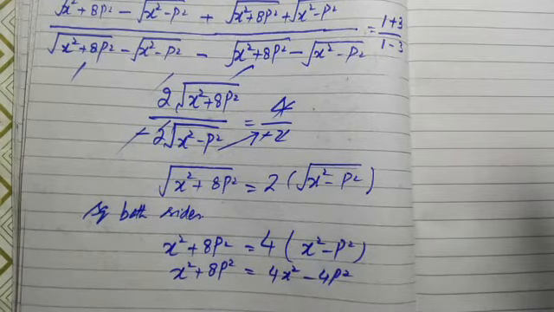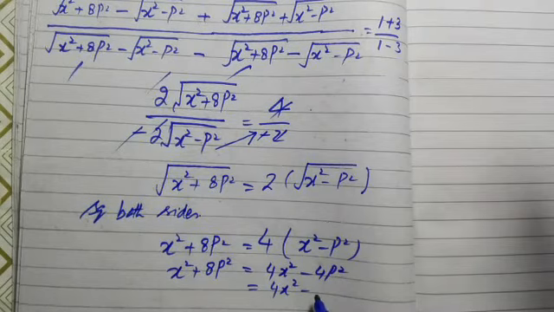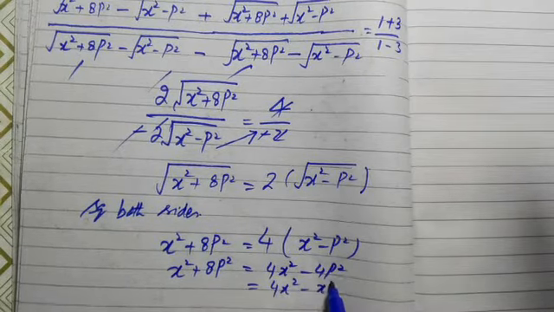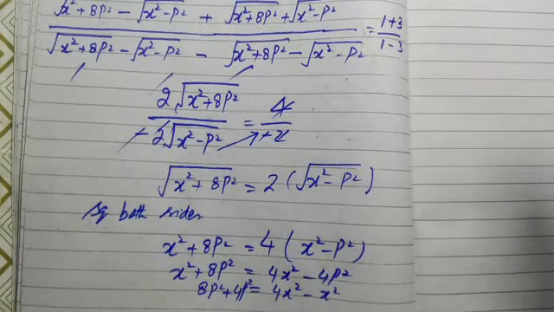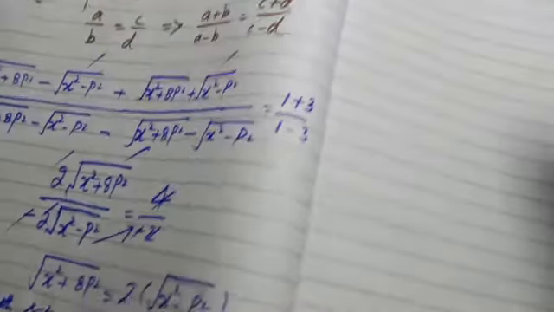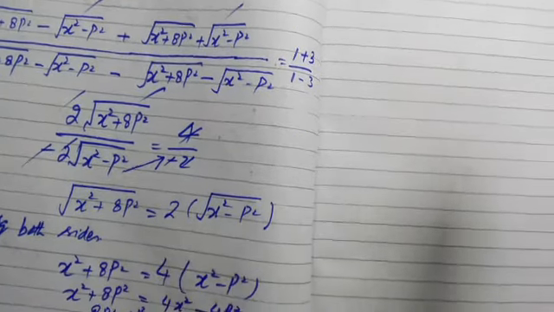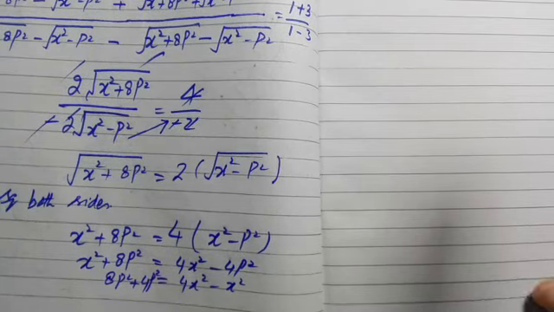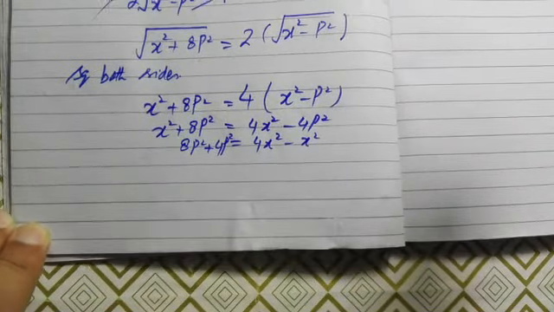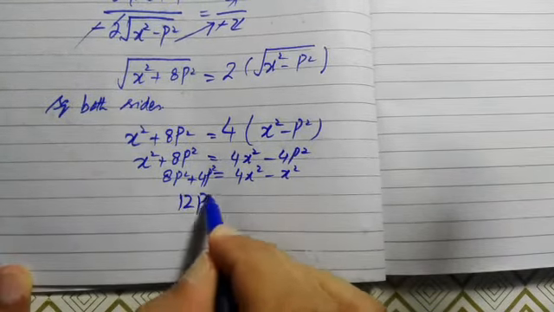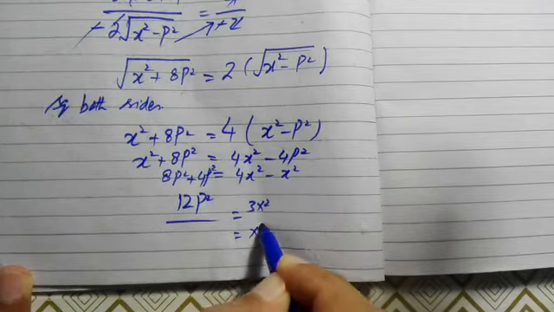We wanted to find the value of x only. So keep the values of x on one side and the constants that is in terms of p, that must be on the other side. So 8p square and plus 4p square, wait for a second, it will collectively become 12p square divided by, because this is 3x square, in the next step it will become 12 by